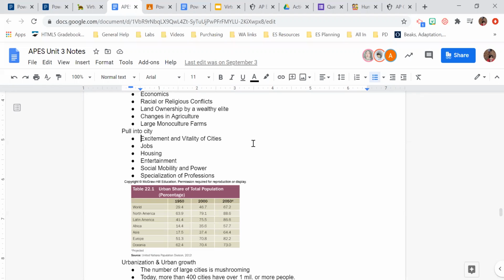Also jobs. A lot of people come into Atlanta, like I told you about that guy who was a mechanic, for jobs. That's one reason that my family moved back here. My husband is a software developer. We couldn't really live there and him work in software because even if he could work from home all the time, the internet was so slow. So it just wasn't good for opportunities for him, as well as educational opportunities. Cities have really good educational opportunities. So a lot of times young families, like we wanted to move out of that area to give our kids better opportunities as well.